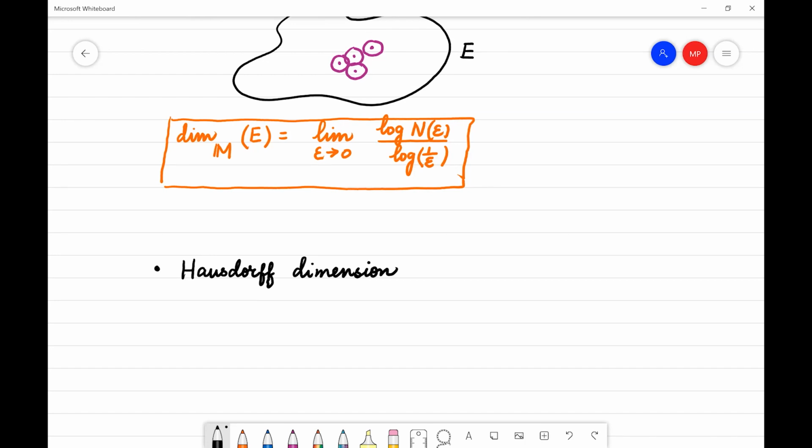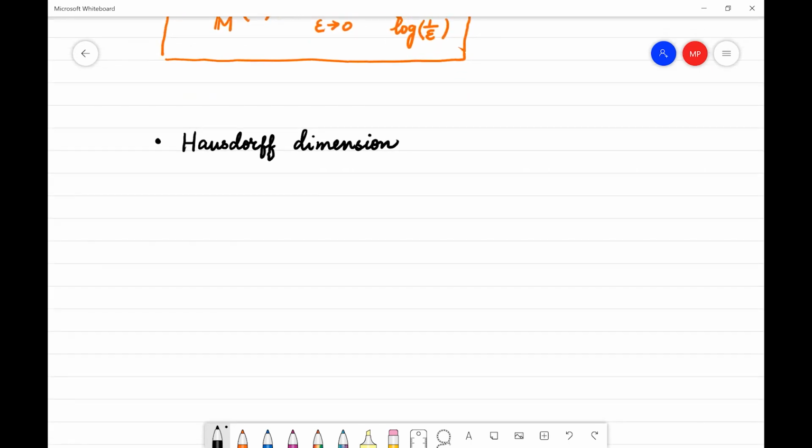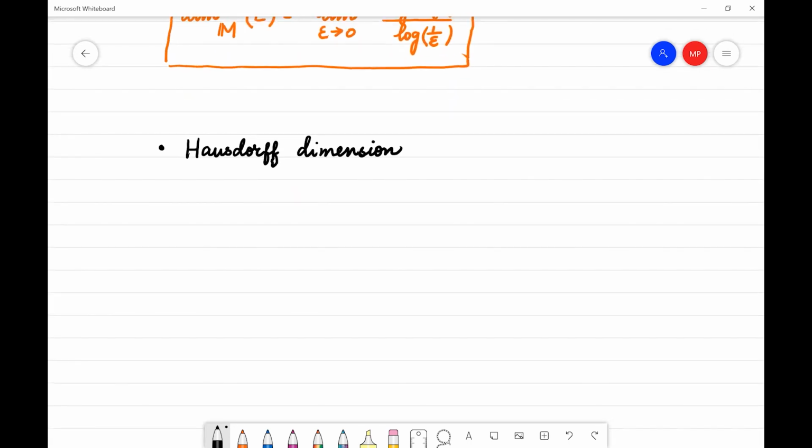The one that I think may be the easiest for me to write down, usually it goes through the definition of Hausdorff measure and some kind of a cutoff threshold at which the Hausdorff measure transitions from 0 to infinity. But well, let's go for this slightly easier to state definition. So we are going to say that the Hausdorff dimension of a set E